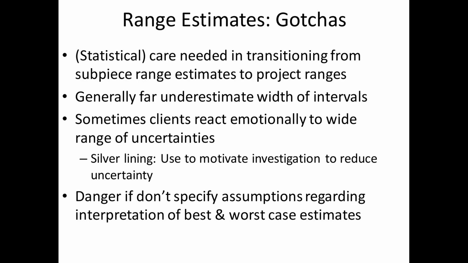Now, the problem with these, as we said, is that typically we far underestimate the width. We give range estimates that are too narrow. We say, oh, this is a 95% estimate or a 90% estimate. Remember I asked you to do that last time? 90%. It should lie within that. And the actual numbers we got were somewhere like 30% or 40%. So they're too narrow.